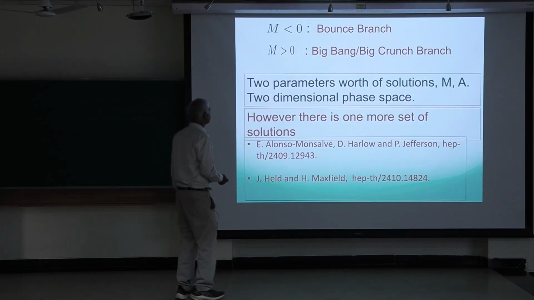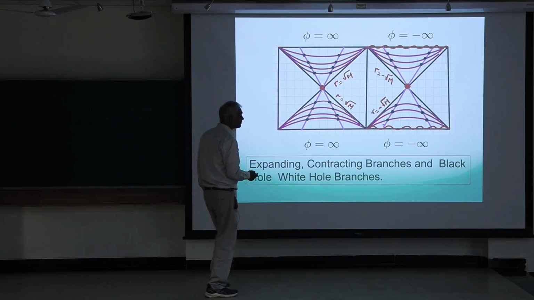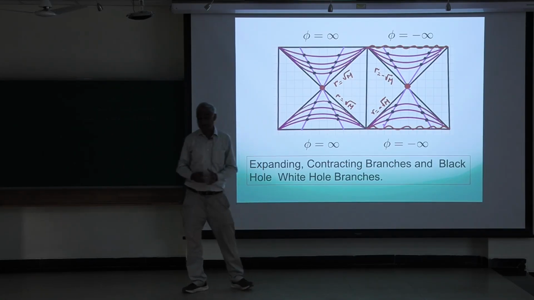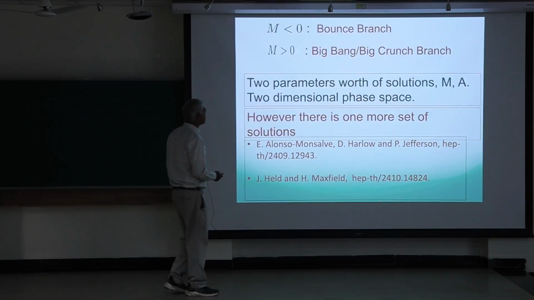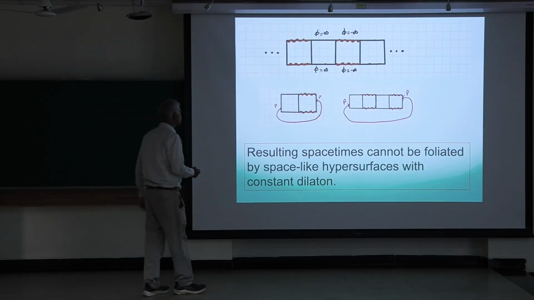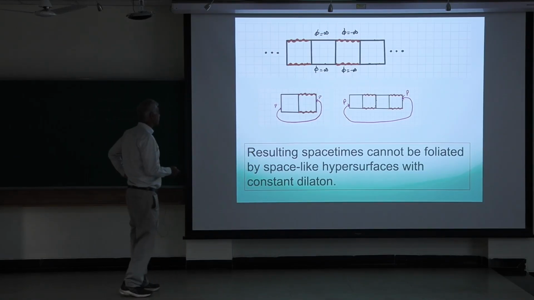As you will see, sometimes interesting things will happen. I hope I have time. Depending on how you quantize, you start with the wave function in this branch and it can leak into the black hole, white hole branch through some kind of quantum tunneling, but there won't be any connection with these other kinds of solutions. So at least it's sort of consistent to do, but just to understand the whole system, we should also include them, and I'll just describe what they are.